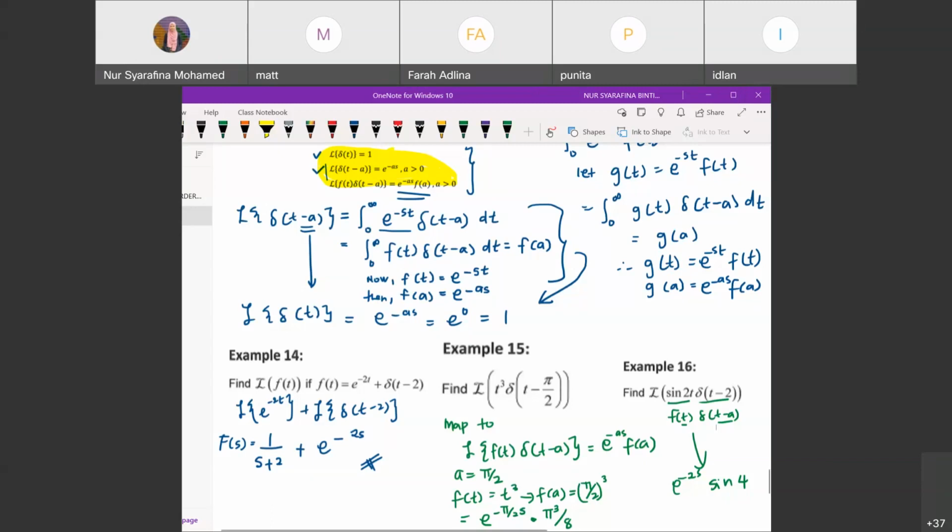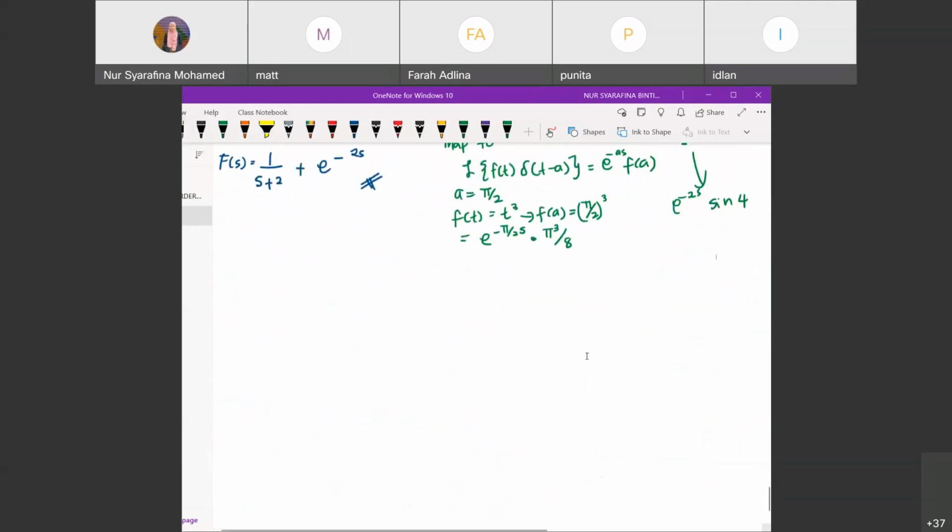Is it in the notes? Past year, is it? Right. Okay, last one for today. Another one. This is just